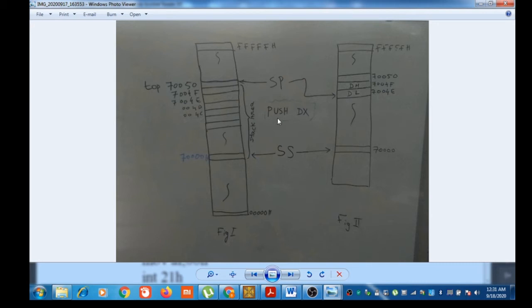At that time we are pushing DX. So DH, the higher 8-bit portion will move to the higher address location and lower 8-bit part will move to the lower address location, and SP will be decremented by 2. So 7004 is the address of this location and SP will be carrying the value 004E.